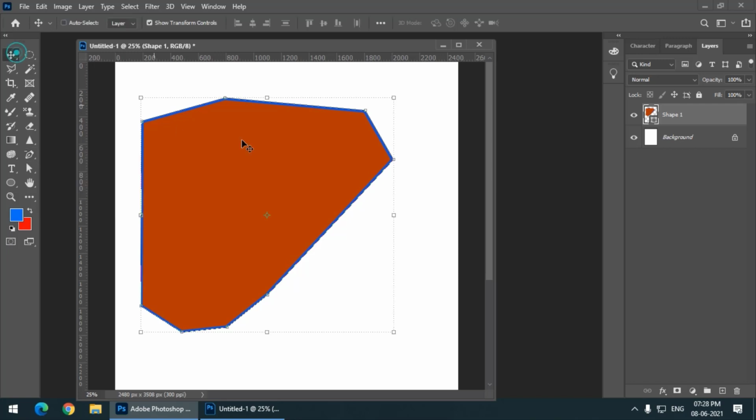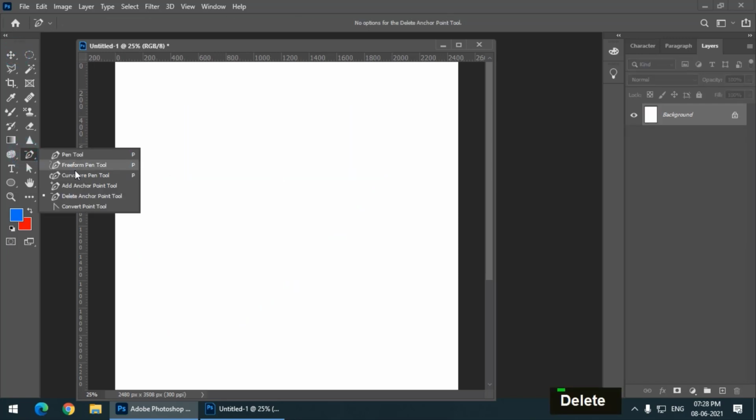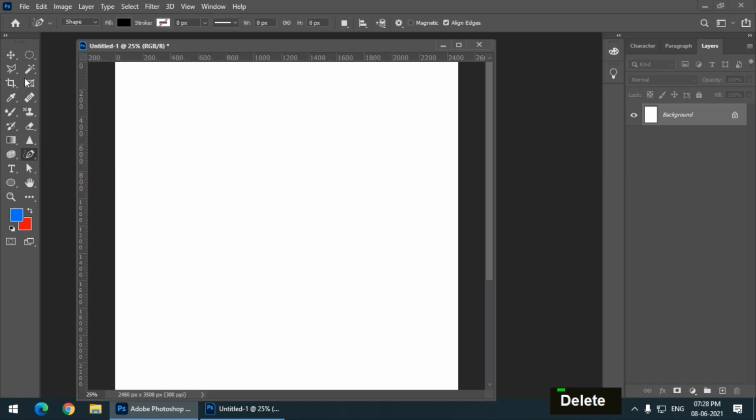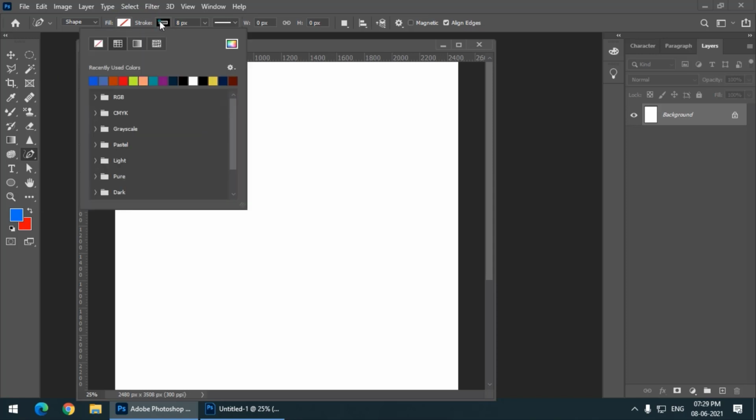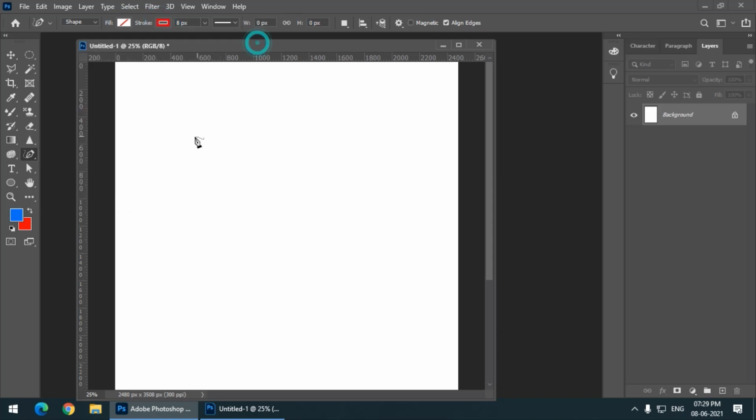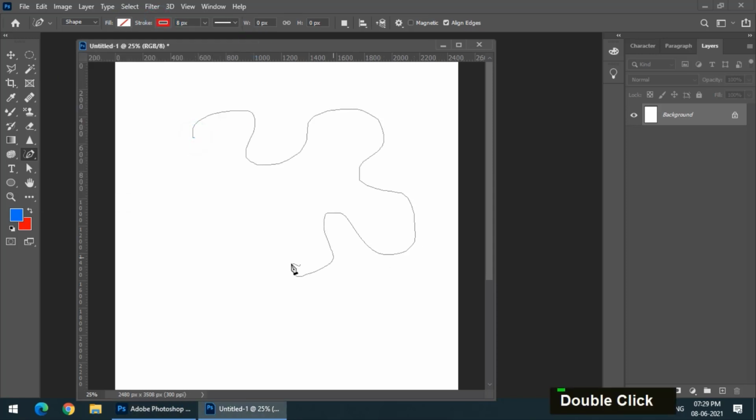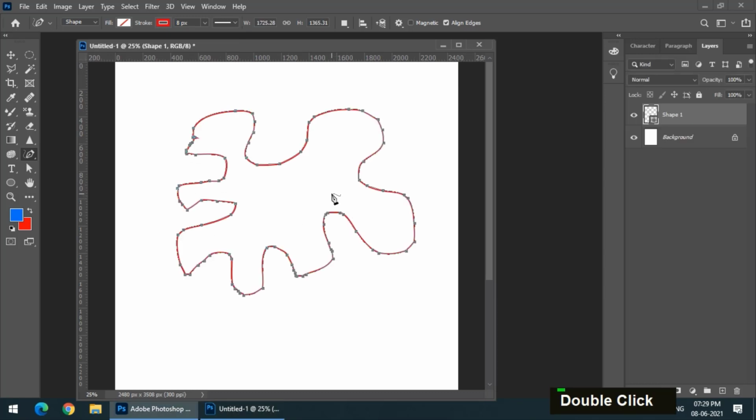So what are these tools then? What are these tools? So free transform basically works as this lasso tool. So we have to keep holding the left mouse button pressed, press and hold left mouse button. All other properties are same. I will turn off this thing. So this will create a free path and shape. So this is pretty much similar, only the method is different, but it is also used for creating freehand shapes.